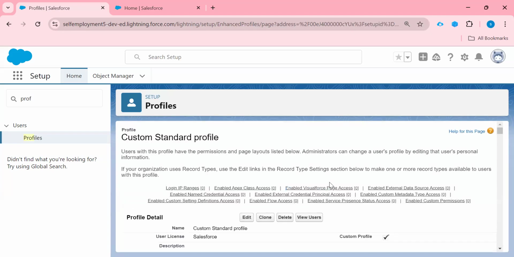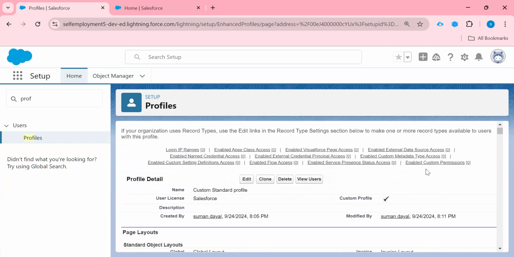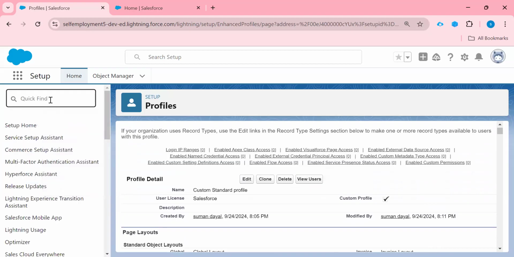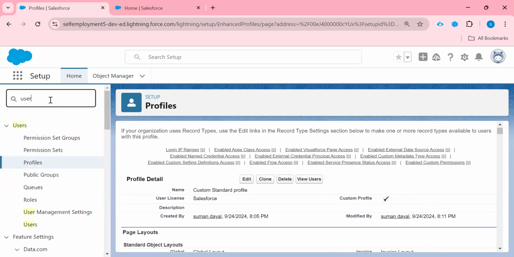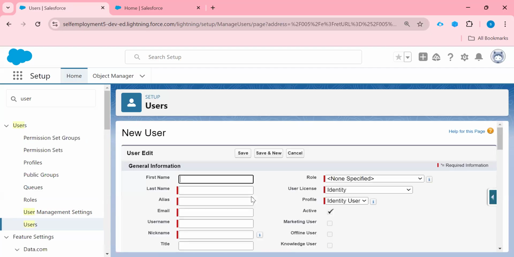So in this way we can create our profile. So now we have created our profile. Now we need to create a user, so I can assign this profile to our user, right? How can we create a user? Just come to our quick find box, type here user, click on Users, so click on new user, right?